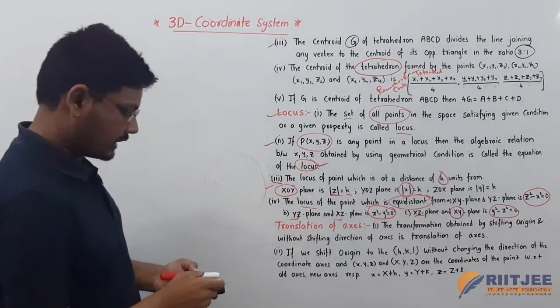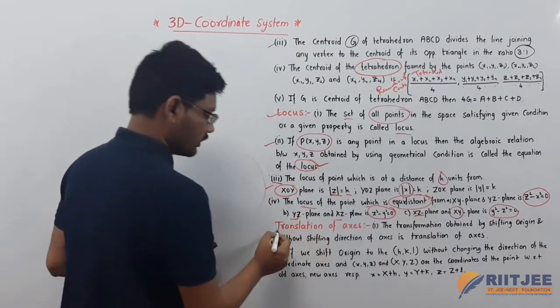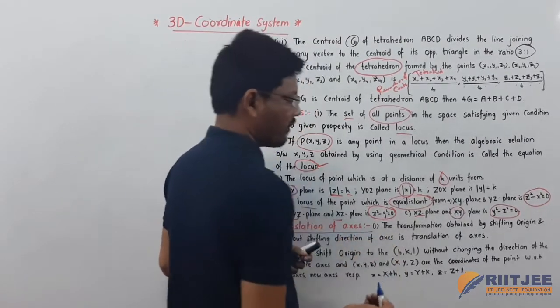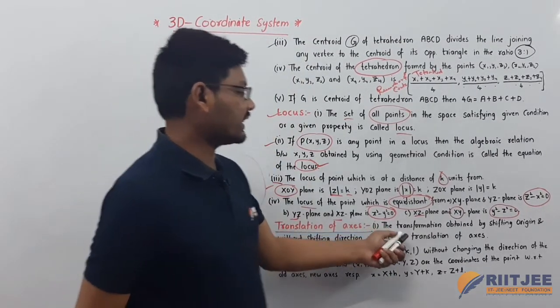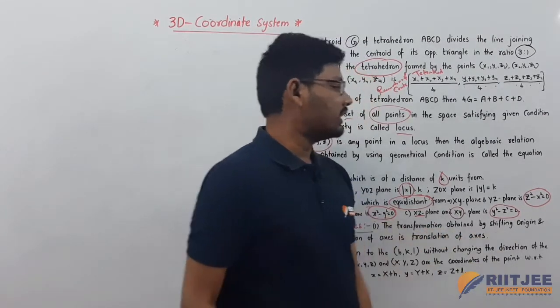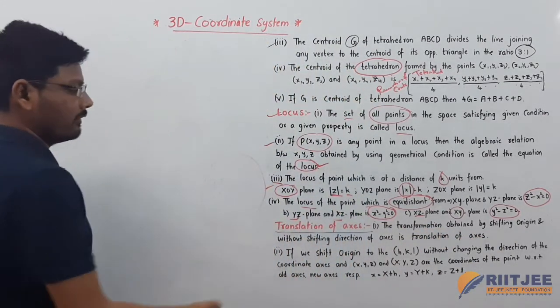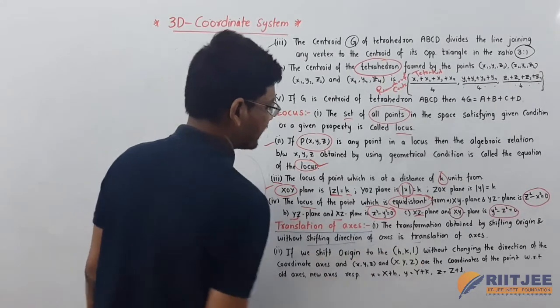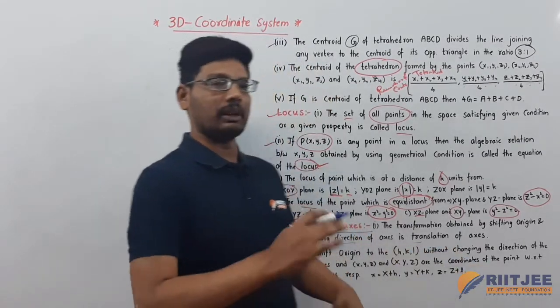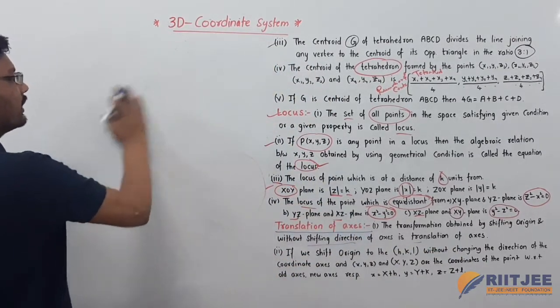In that, the first point, the topic name, is translation of axis. The transformation obtained by shifting of origin without shifting the direction of axis is the translation of axis. It is nothing but, for example,